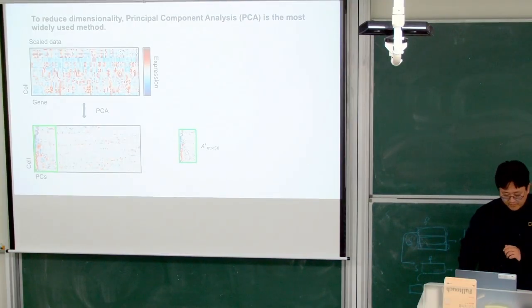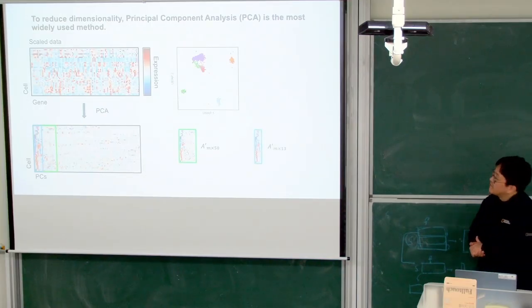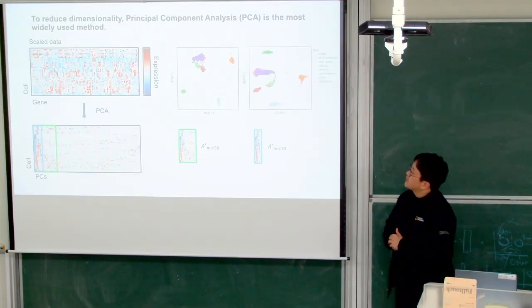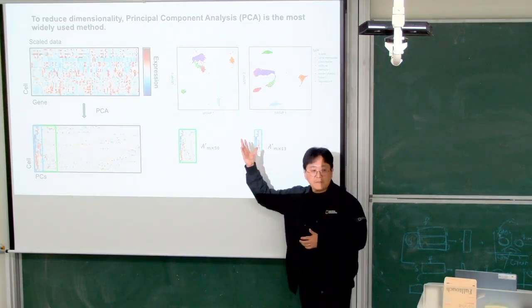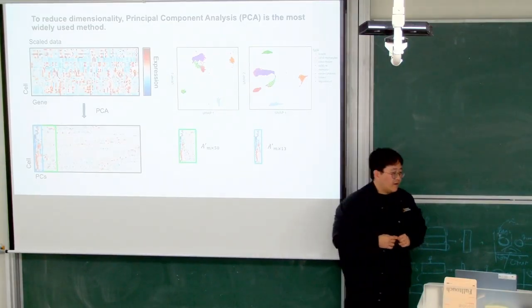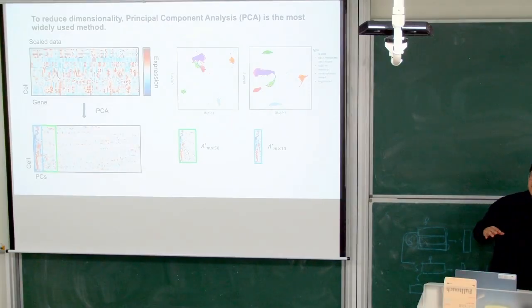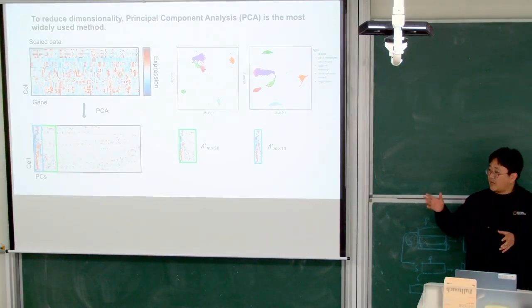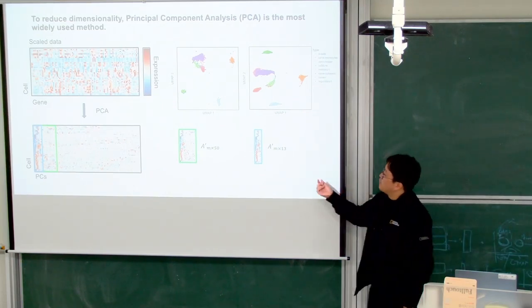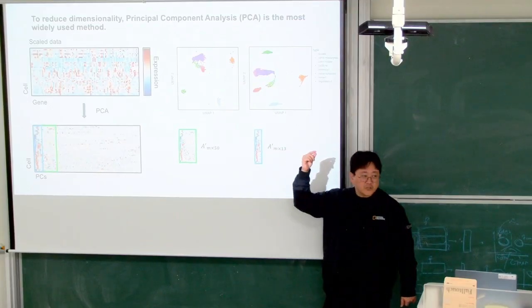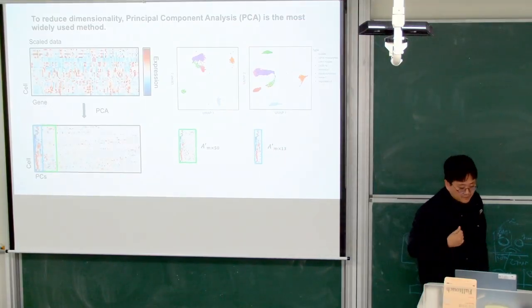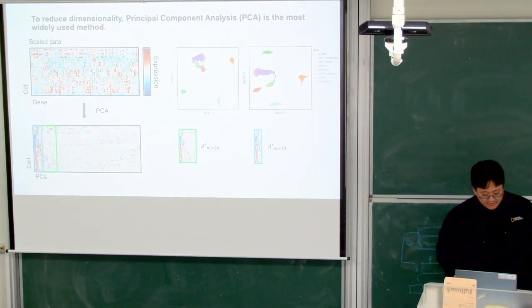And we can reduce with fewer PCs, and we're going to get this distribution after applying UMAP. So selecting a different number of PCs can change the outcome significantly, right? If you choose a different number of PCs, the outcome will change. So this step is very important, but however,